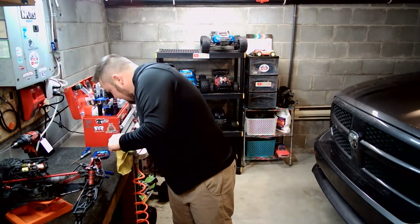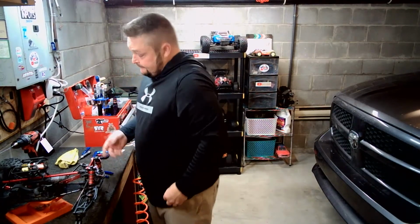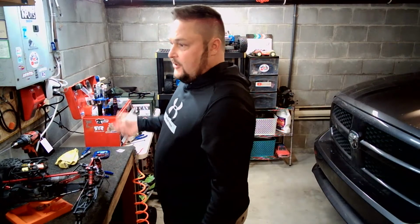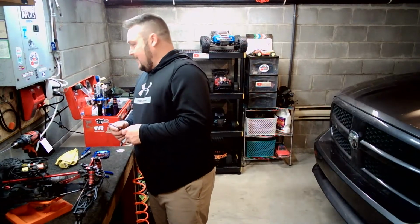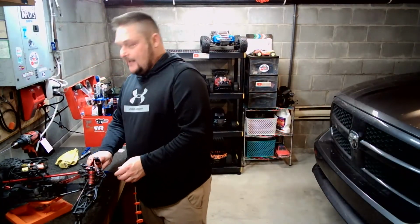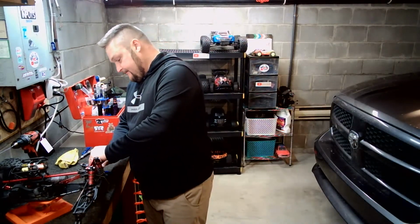Did it catch fire while it was in the air? Yeah, that's it. When it was charging, I started the charger down, and I came back from running a bunch of the cars. I threw a couple of them on the charger for maybe 15 or 20 minutes. I went upstairs to hop in the shower real quick, and within 10 or 15 minutes of me leaving here, one of them, don't know which one it was, couldn't really tell anymore because it was just a pile of molten battery and plastic and wood and everything else that caught fire down there. But one of them shorted out during charging, and